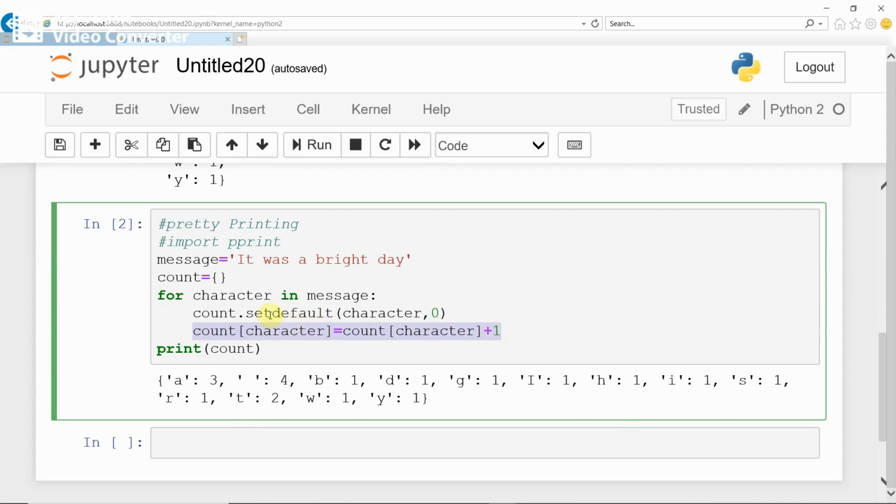Therefore, if there is no such key, each key will be initialized to 0. If that key has some value, then this statement will be executed, which increments that key's value by 1. That is the logic of this program.